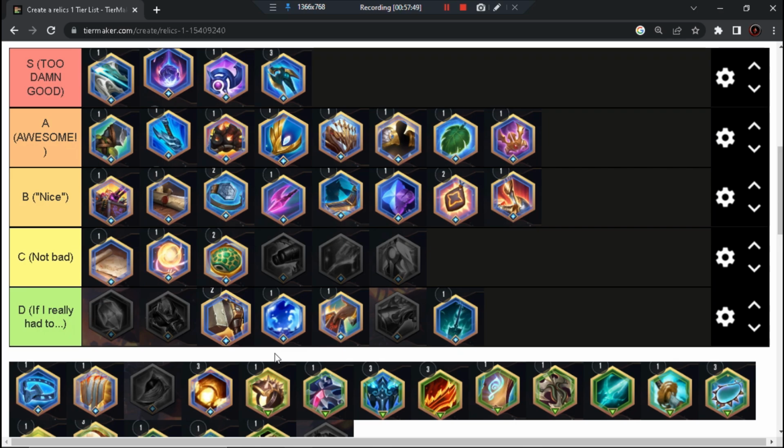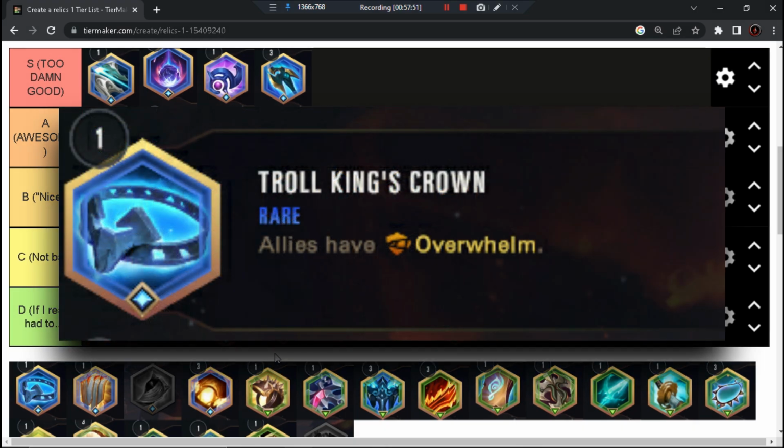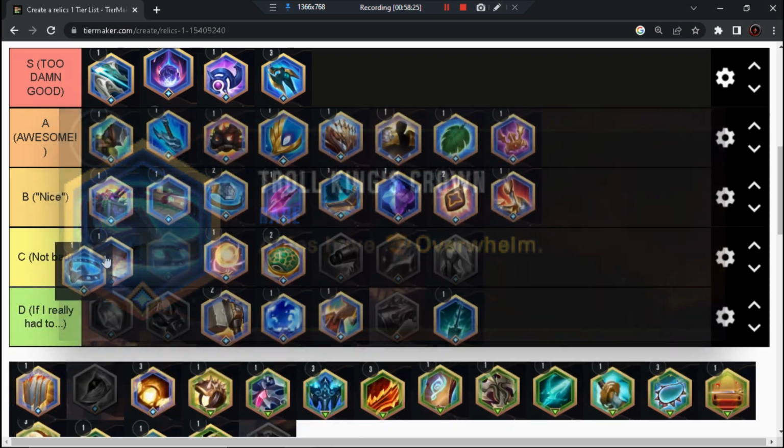Alright, so next up we have the Troll King's Crown. Allies have Overwhelm. So this is arguably one of my favorite items to have here in the game because it gives all allies Overwhelm upon summoning the champion. However, it has one major flaw, because there's already a common power which will actually give this same effect, which is the Crush power. Allies have Overwhelm, and it's from the get-go. You don't have to bring on the champion with the Troll King's Crown in order to get the effect with the power. So I think for that fact alone, I am probably going to put this in the not bad